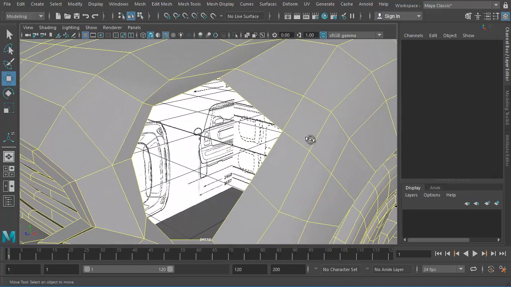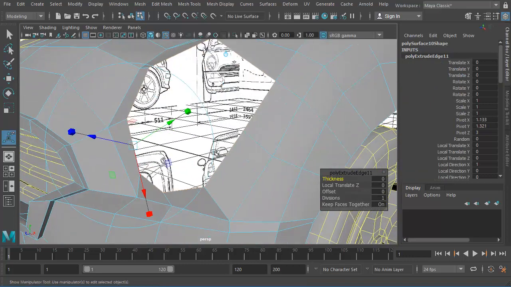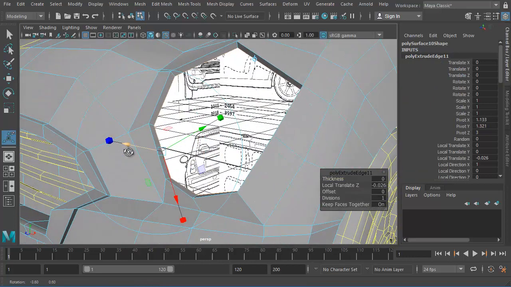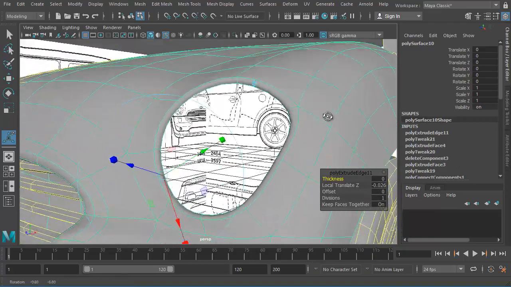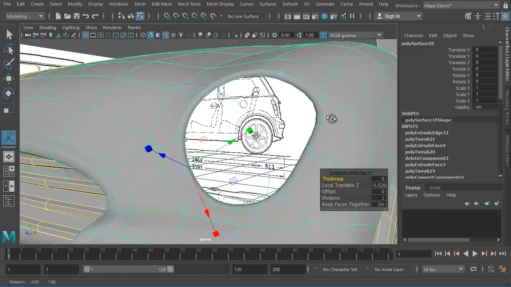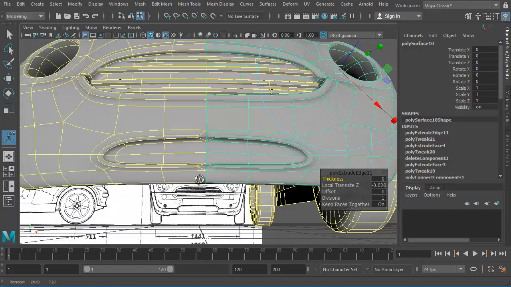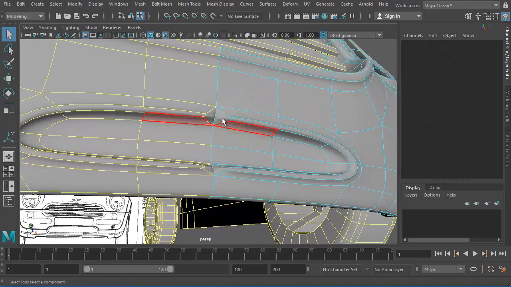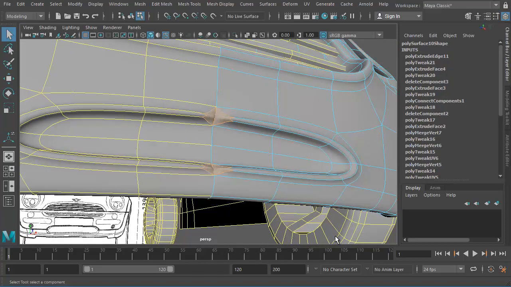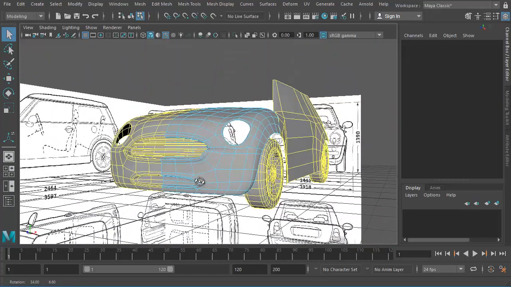Let's create a small extrude for this headlight area so that it'll look a bit more softer. Okay, especially when we press 3 to smooth it. As you can see, it looks much nicer. Okay, so I have a small problem here because I made extrude. I'm supposed to delete these faces. So 1, 2, I'll have to delete. Okay,